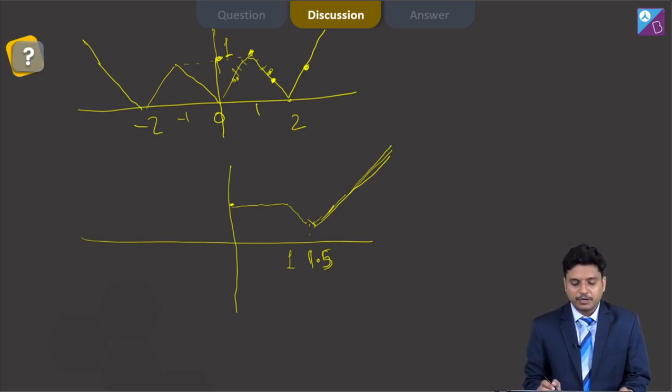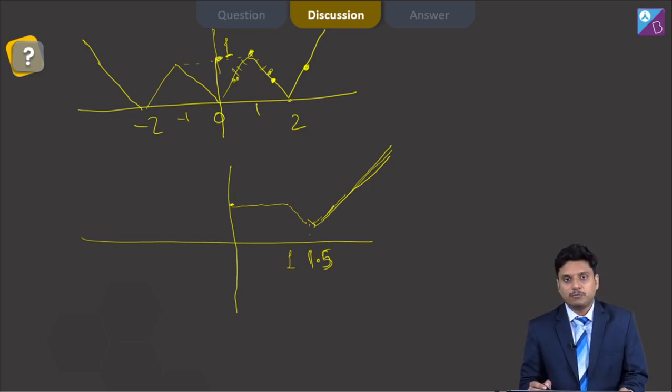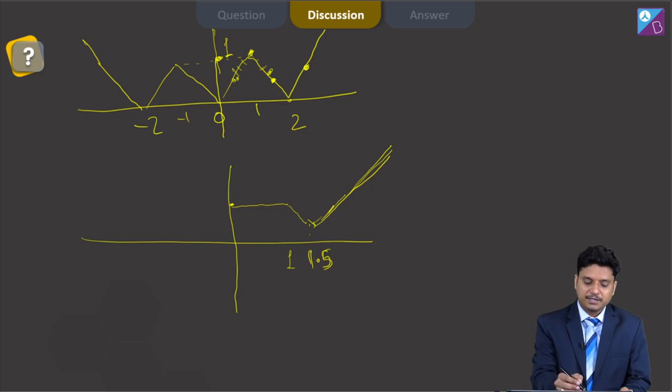For minus 0.4, t will actually vary from minus 0.4 to 0.6, and that means the maximum value will be obtained at 0.6. Minus 0.4 and 0.6. So you can see that f of 0.6 will have the maximum possible value. That means this way we can go till minus 0.5, that is minus half. So from 0 to minus half, this will be your graph.